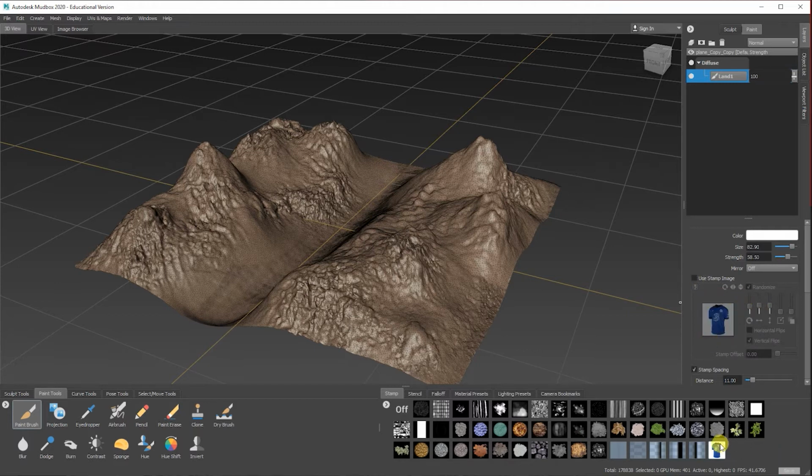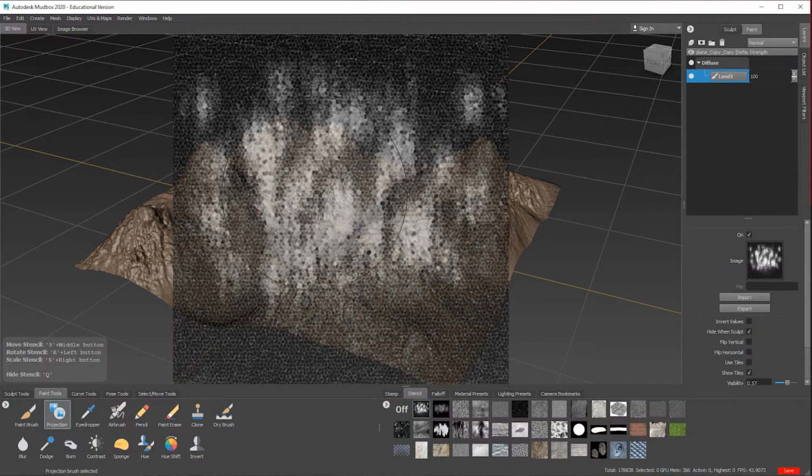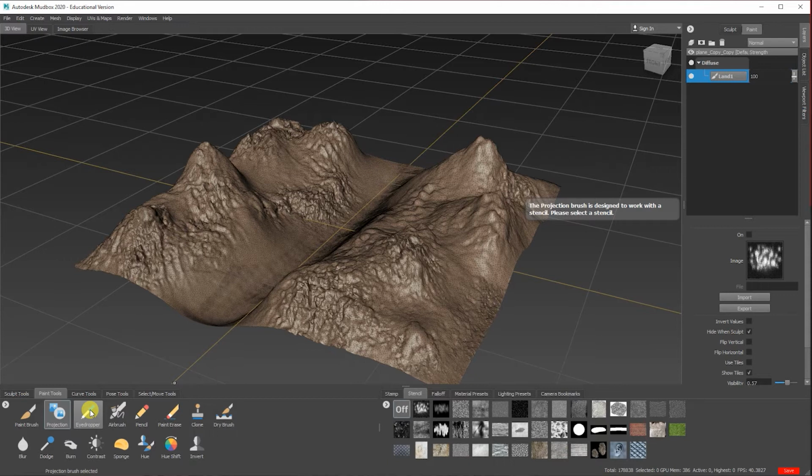But yeah, so you see what I mean. I've just used that and it brought it straight in. If I want to start texturing this as well, same projection. You use the stencils with it, and it projects through the white area. And the whiter it is, the darker it goes and stuff. I can't say I use projection.